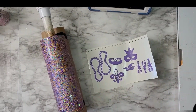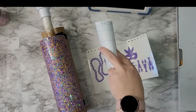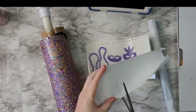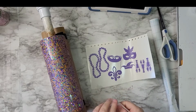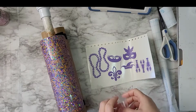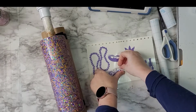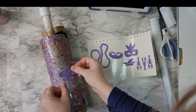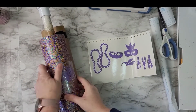And patting it down with that parchment paper is a huge help, especially with all this chunky glitter, the stars in it and everything. So it really needed to be patted down. And this was 2 coats of epoxy and then a bunch of sanding. And now I'm going to put my peekaboo